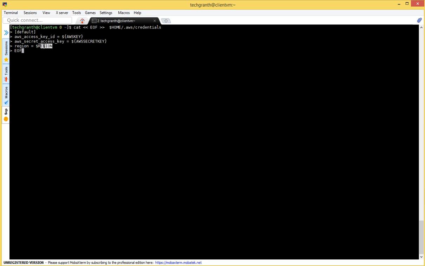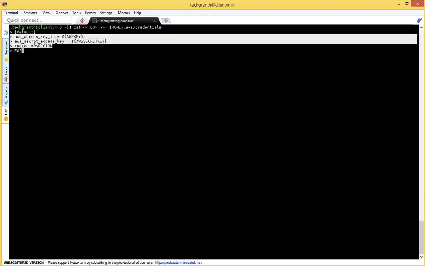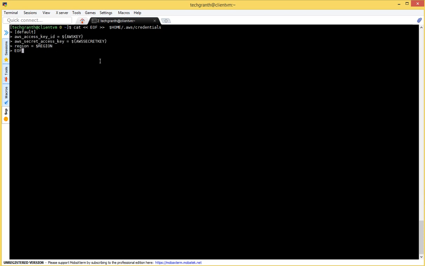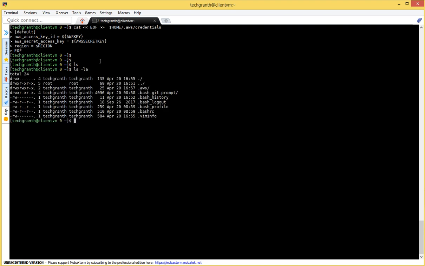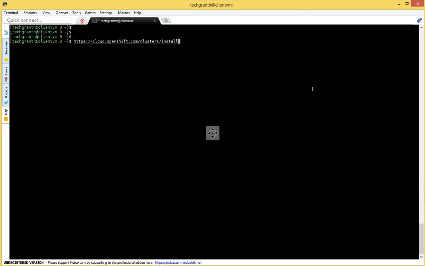All the three parameters will be required. Okay, press enter. Okay, we'll check ls -la, and we have .aws here. We'll go inside. Here we'll have the credentials file. Okay, let me clear my screen.